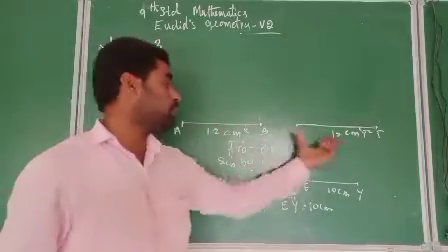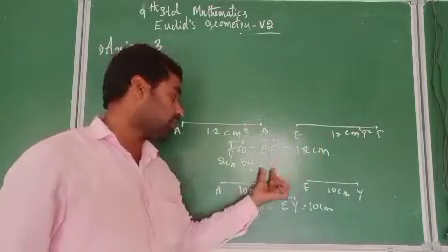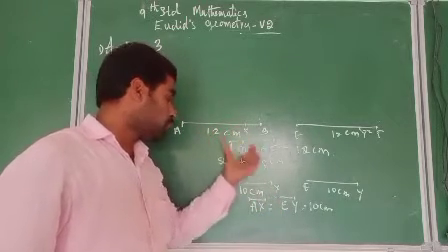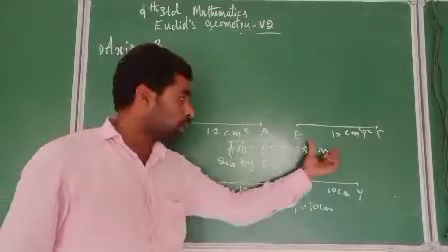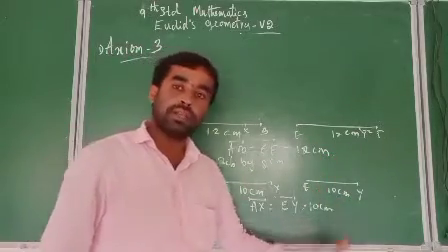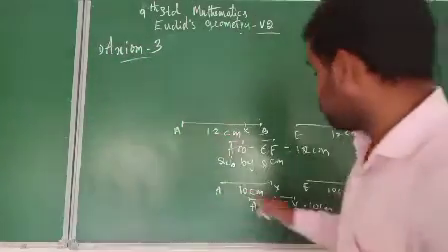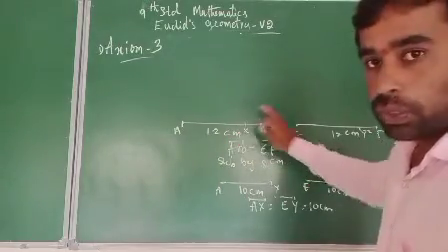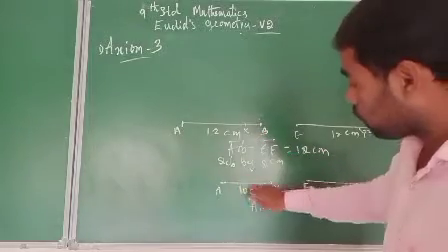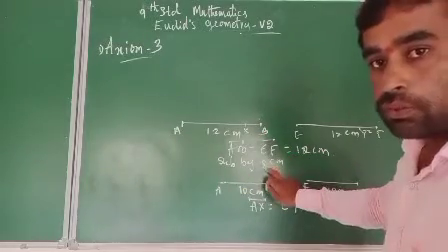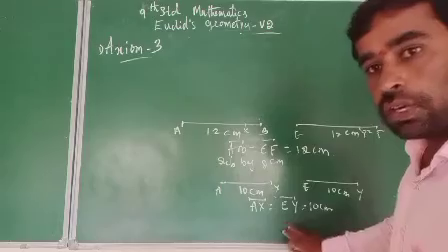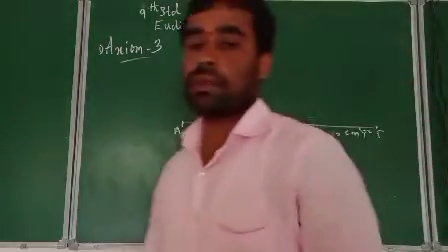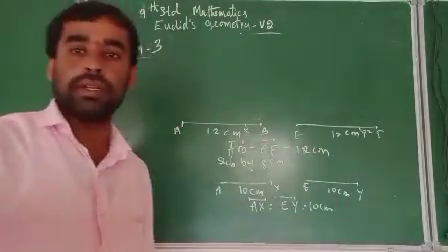So AB and EF are the two equal things. For this, I have subtracted 2 centimeter. Then 12 minus 2 is equal to 10 centimeter. Therefore, we can easily conclude that 10 centimeter is equal to 10 centimeter. We have two equal things, and from those equal things I have subtracted equal things, that is 2 centimeter. Then the remainders are equal to 10 centimeter. They are equal. This is axiom number 3.